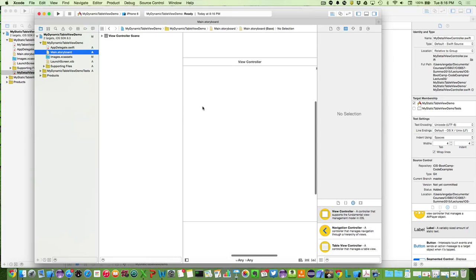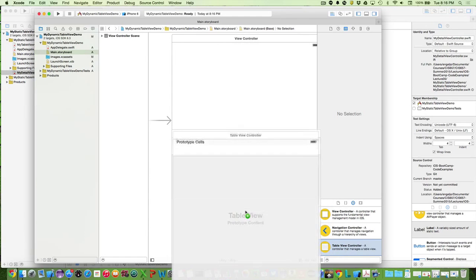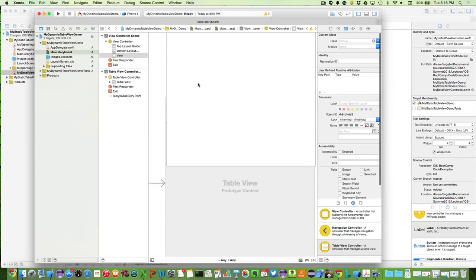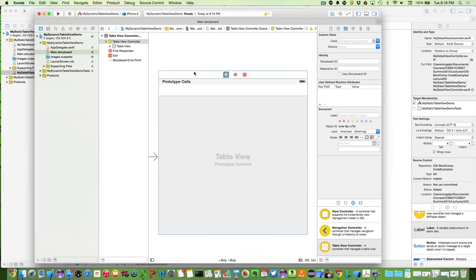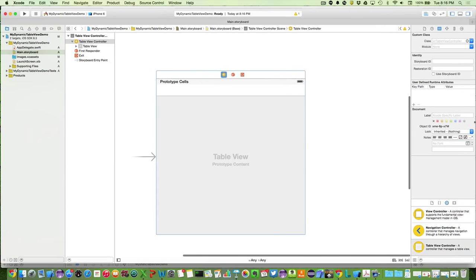go to the storyboard. I do want a table view, so before I lose that thing there, I'm going to drag out a table view. I'll drag this down there, and then I'll delete the original. And let me make this a little bigger so we can see. Okay. And last time I showed you how to put this thing under nav controller by dragging a nav controller